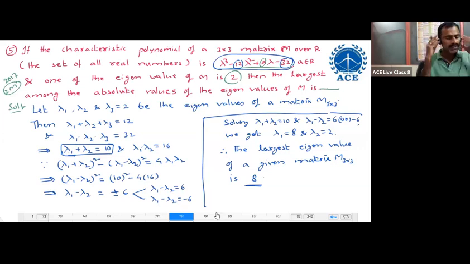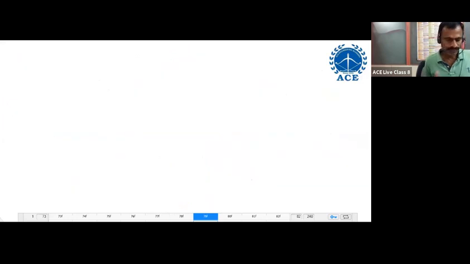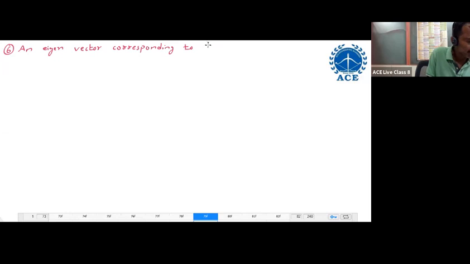Next, problem number 6. An eigenvector corresponding to the smallest eigenvalue of the matrix